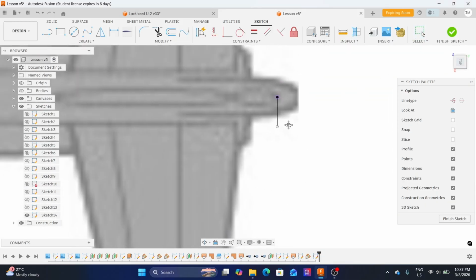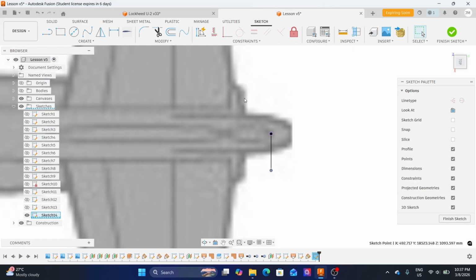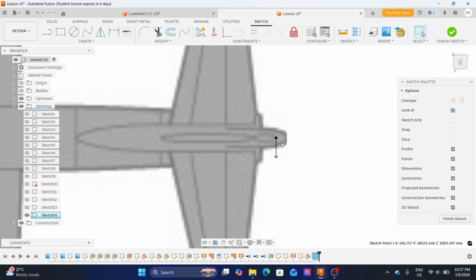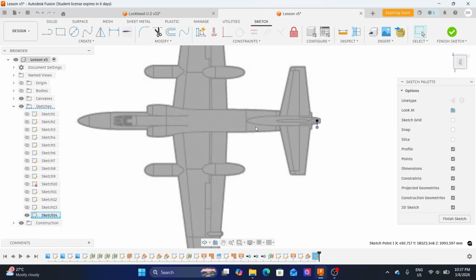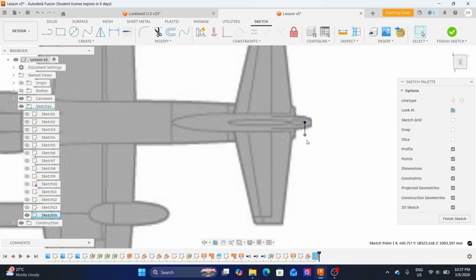So I'll go here, and then I'll select this point right here and then drag the line right about here. So I'm tracing this, since this is the tail section, or the end of the outline for the tail section. I'm trying to trace it here. So don't worry, you might have noticed that the blueprint is not perfectly aligned. There is like a huge gap,